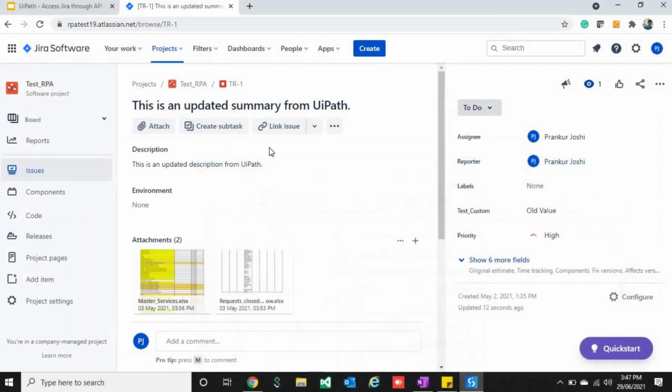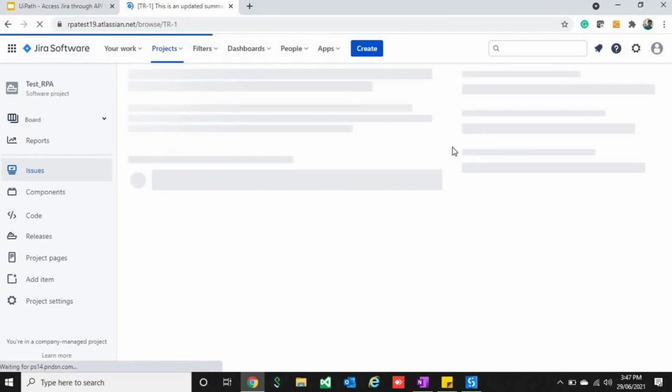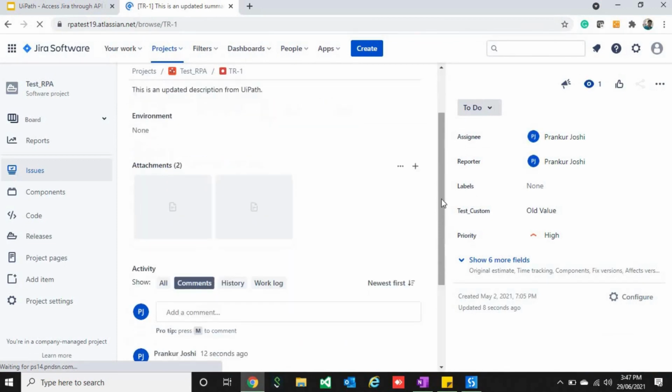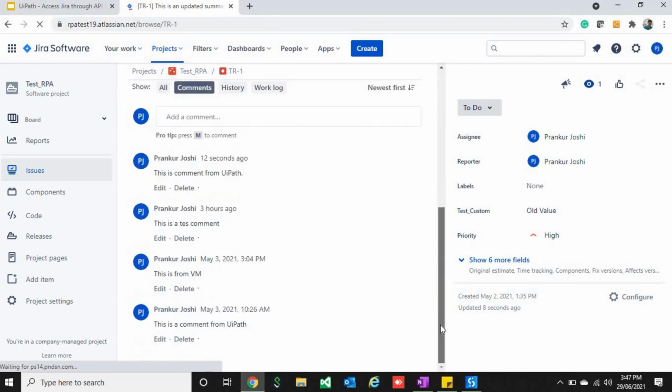So let me run it. It has started. It is completed. Let me refresh the page. So down below, we'll be able to see the comments. As you can see, 12 seconds ago, this is comment from UiPath.